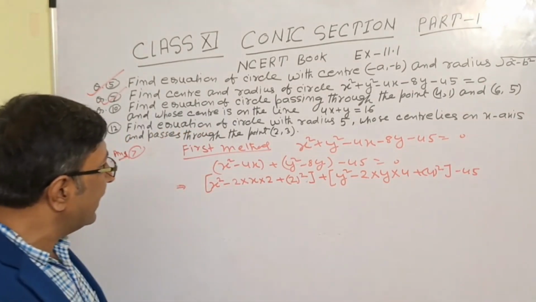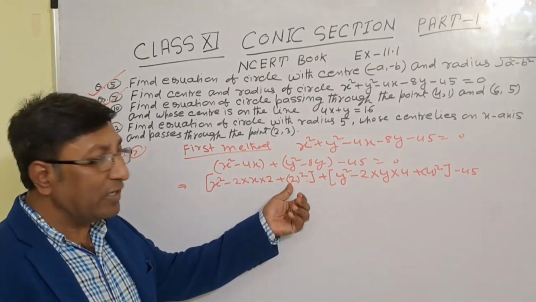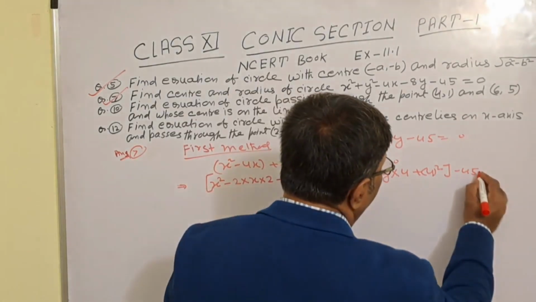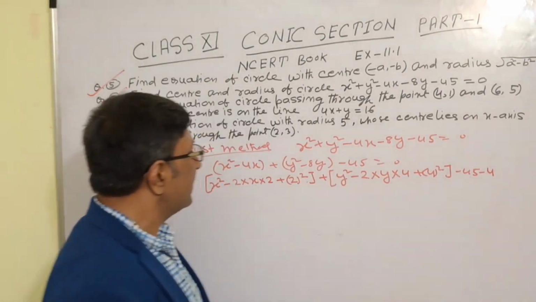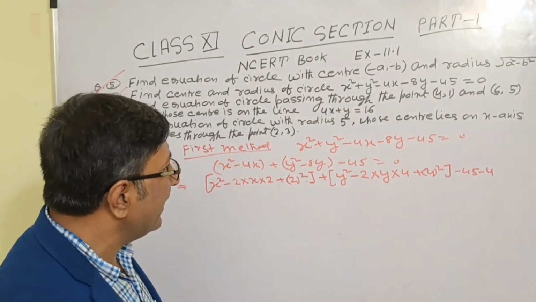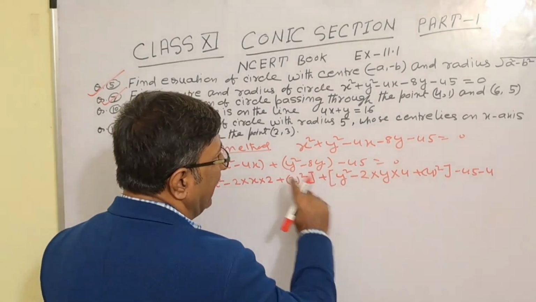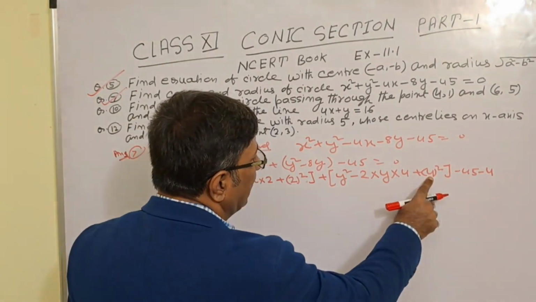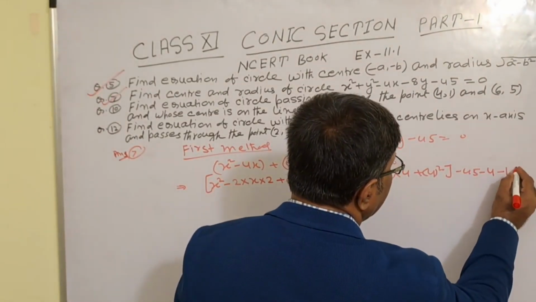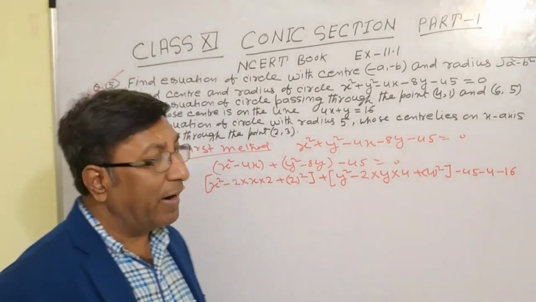So now you see here x² − 4x, and this 2², that is 4, is extra, plus 4 extra. So here also minus 4. Okay, so this is plus 4, this is minus 4, they balance each other. In the same way here, y² − 8y, but this is plus 16. So here plus 16 extra, so here minus 16. So plus 16 and minus 16 balance each other.